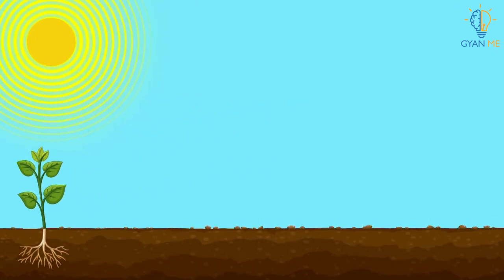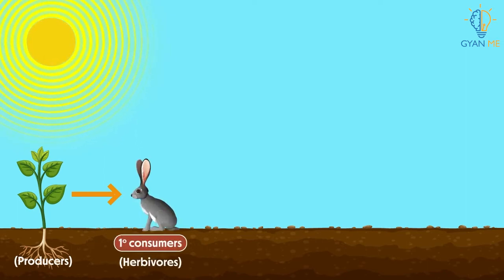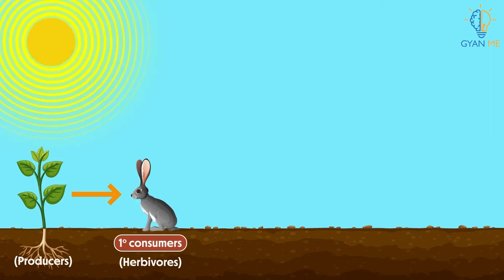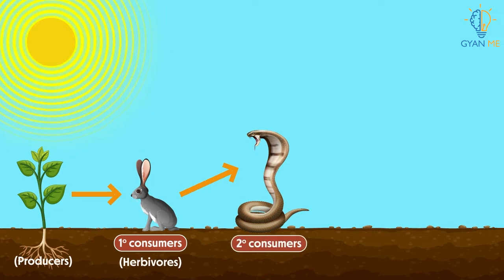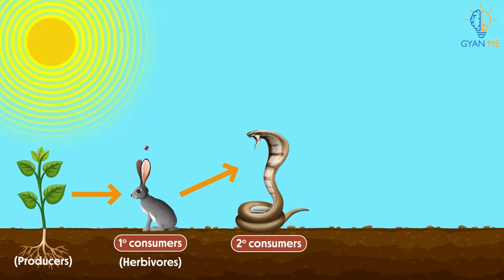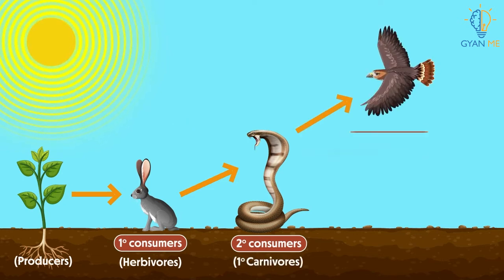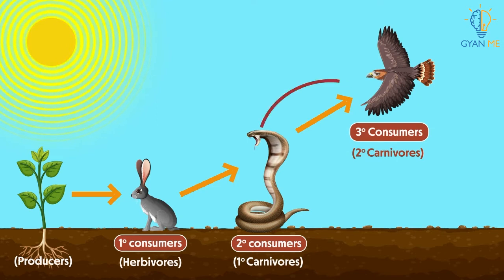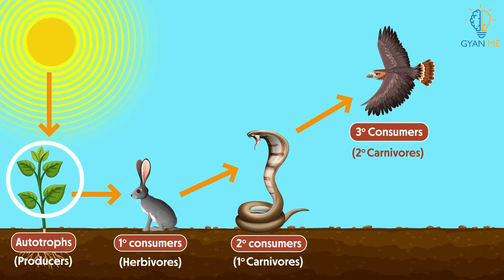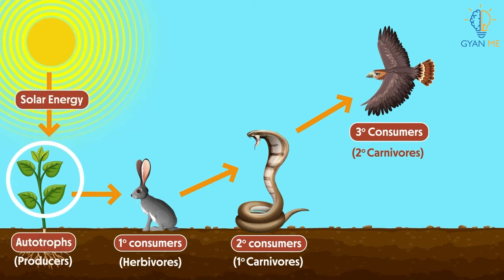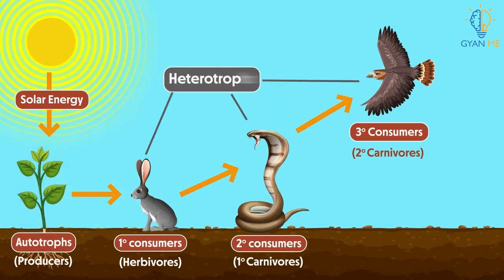Now, this energy is passed on to the primary consumers or herbivores in the food chain when they eat the plants as food. Then the energy flows to the secondary consumers from the herbivores, that is primary consumers, when they are eaten up by other carnivores, and finally to the tertiary consumers who eat up the smaller carnivores. The energy passes to them. Thus, the autotrophs capture the solar energy and convert it into chemical energy, which is then passed on to heterotrophs